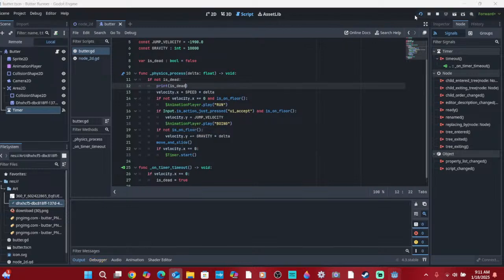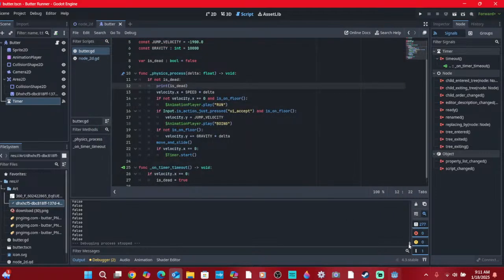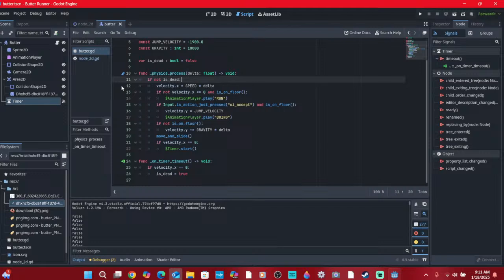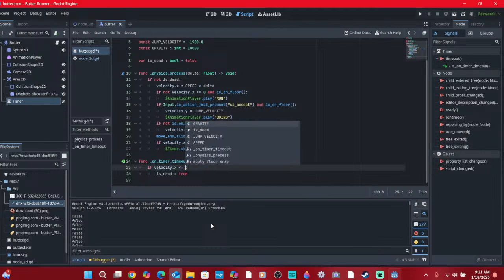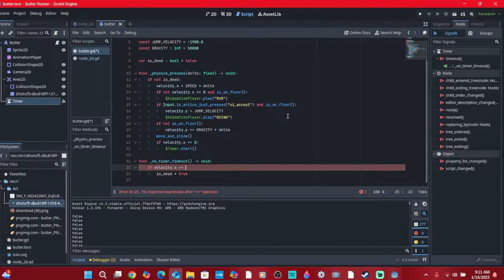Just print it. Wow. That's some enlightenment. We can just say if it's less than or equal to 100,000. If it's less than 100,000,